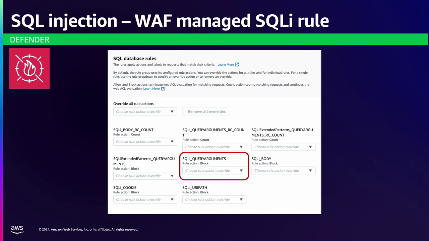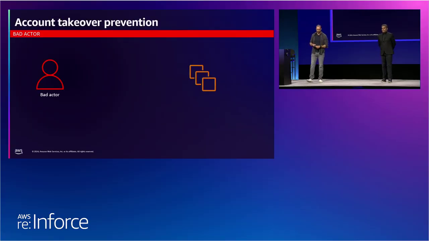So maybe the SQL injection could be coming in the body of the request for some applications, and some could be coming in through a cookie. But if it's query string arguments, then we have a rule for that as well, and we can just block that traffic. Okay, so the availability types of attacks didn't work,